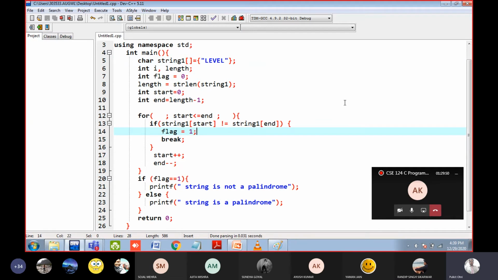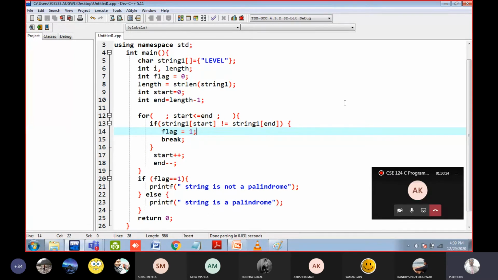In line number 8, I hope you all understood the function of strlen. It is counting the number of characters that are there. For example, in level, only count the characters, not the null character. 5 characters are there. Count as humans count. Do not start counting from 0. String length or strlen will always count as humans count. So in level, 5 characters are there. But the last location is 4, because according to the computer, the locations are from 0 to 4.